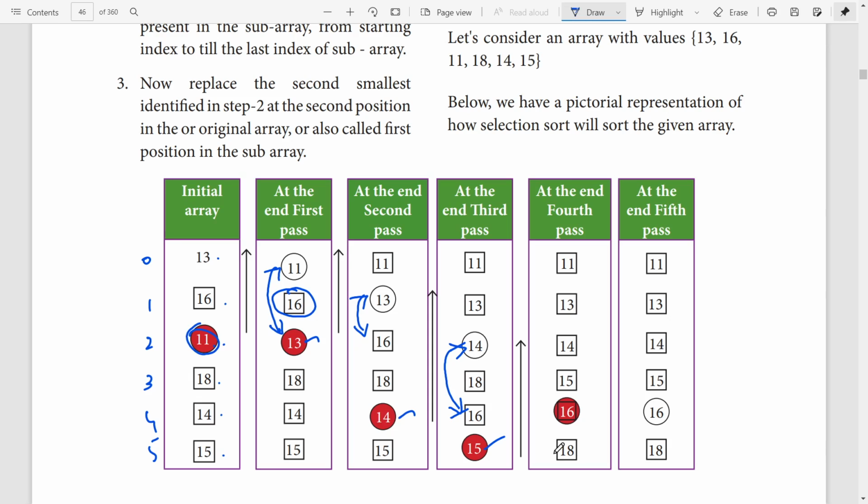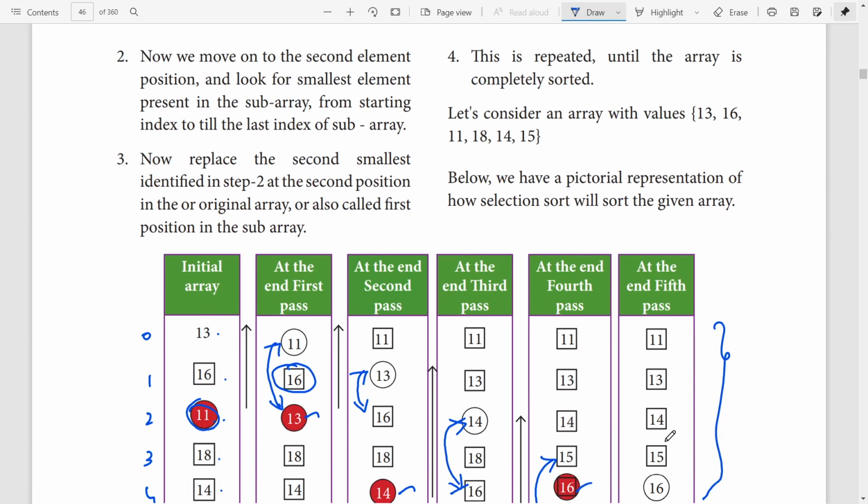Comparing 15 and 18, the position is rearranged. Next one is 16. 16 is in the same place. There is no need to change. And finally, we get the output as 11, 13, 14, 15, 16, and 18. You have to select the particular number and then rearrange.